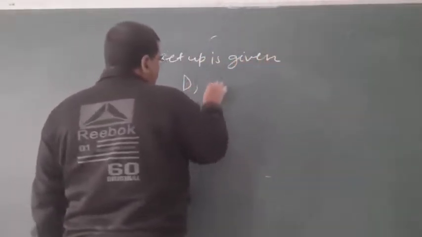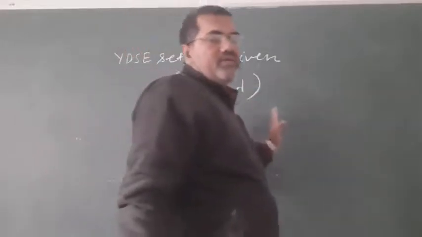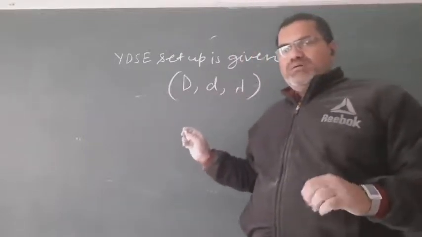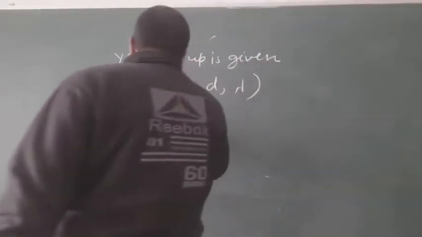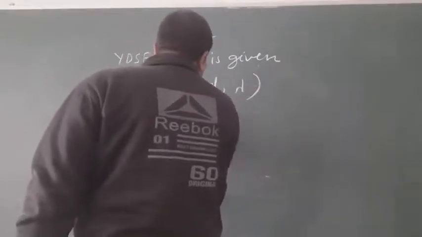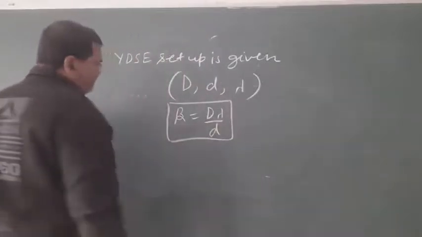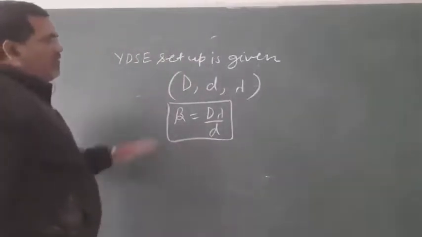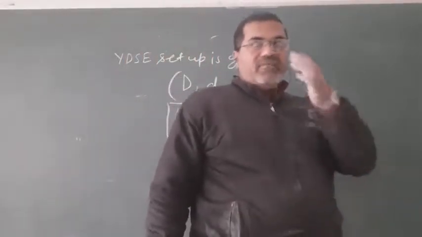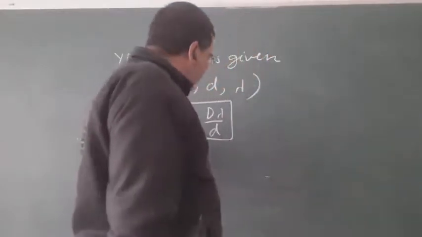Capital D, small d, and lambda are the parameters as usual. And the width of the maximas or minimas is D lambda by d in air. If this setup is immersed in a liquid of refractive index 4 by 3, then what happens